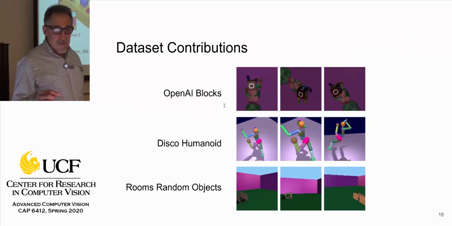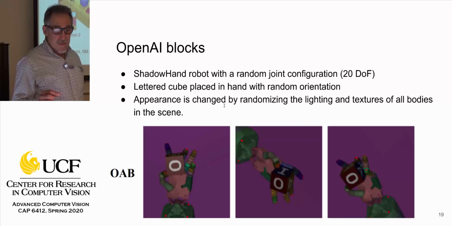So the second part of the contribution of this paper were the data set contributions, and it's OpenAI blocks, Disco humanoid, rooms random objects. And I'm not sure why Disco, but could be because of the dancing like poses. So OpenAI blocks is based on the Shadow Hand robot with randomly generated joint configuration. It's a 20 degree of freedom hand